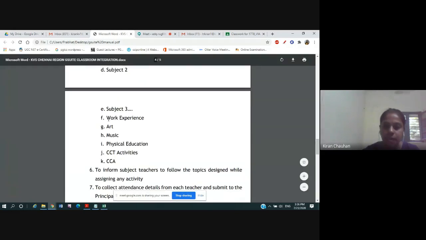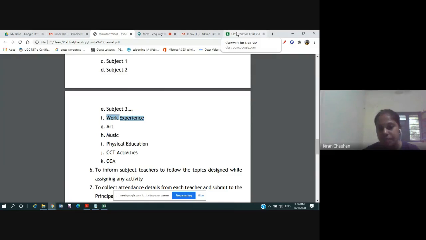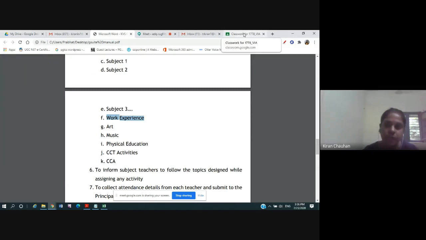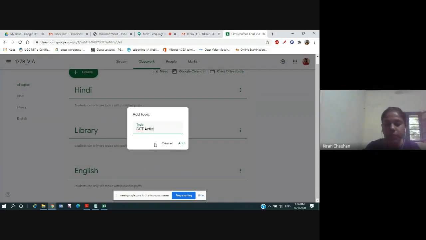Now you have to add topics like work experience, art, music, physical education, CCT activities, and CCA. So these two topics must also be added in this classroom, plus library. It is not there, but subject 3 here, library has to be added also. So like that. This the teachers have to do carefully,